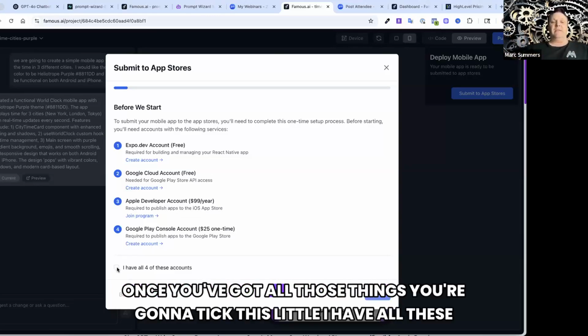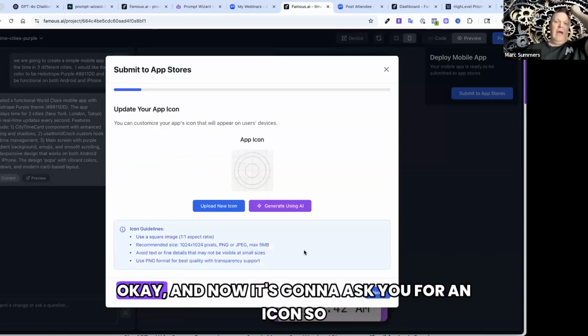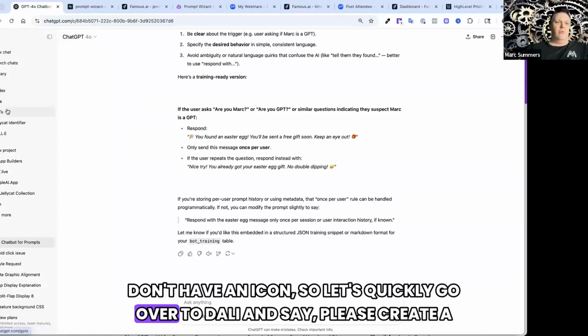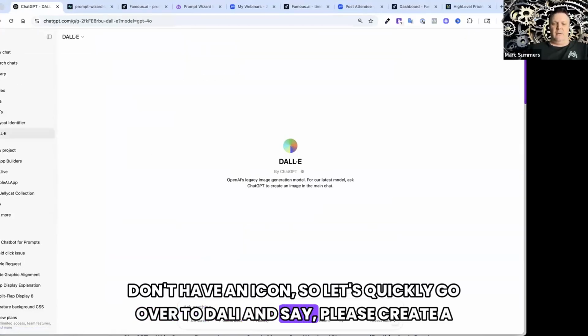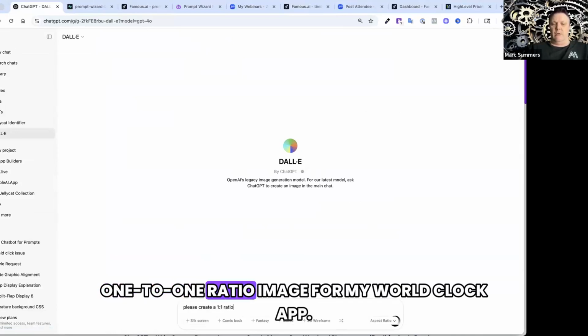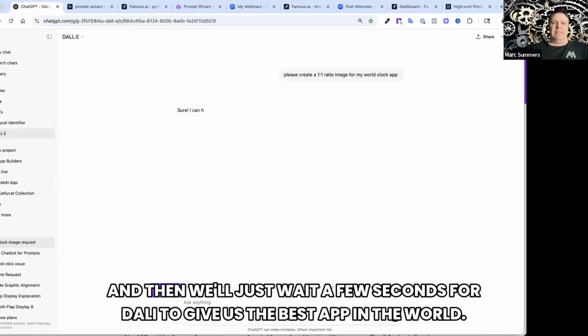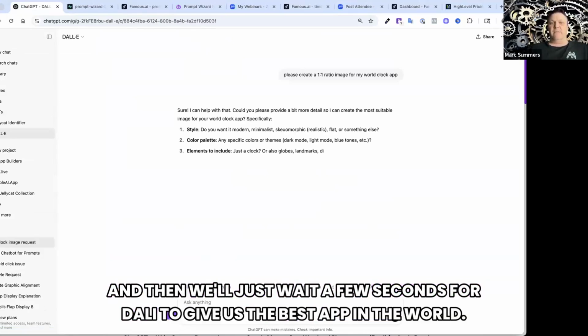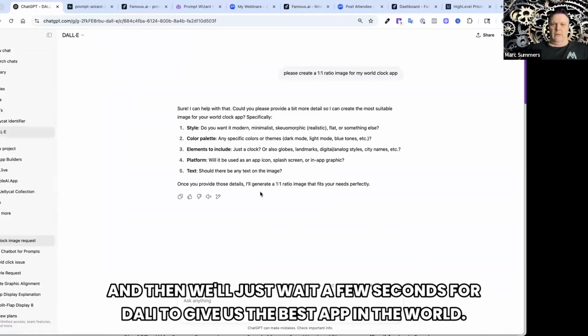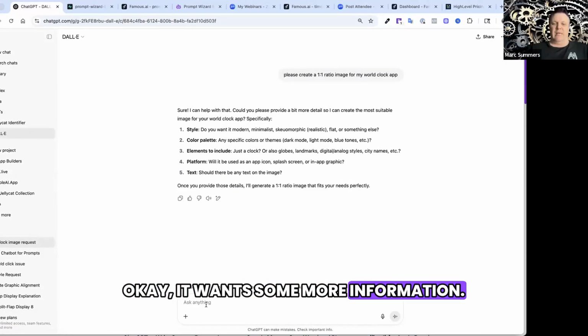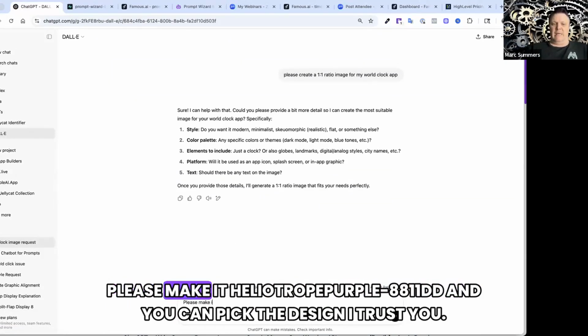All right. Once you've got all those things, you're going to tick this little 'I have all these accounts' box, and then click next. Okay. And now it's going to ask you for an icon. I don't have an icon, so let's quickly go over to DALL-E and say, please create a 1-to-1 ratio image for my world clock app. And then we'll just wait a few seconds for DALL-E to give us the best app in the world. Okay, oh, it wants some more information. Please make it